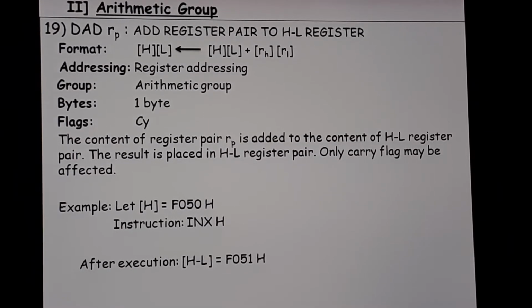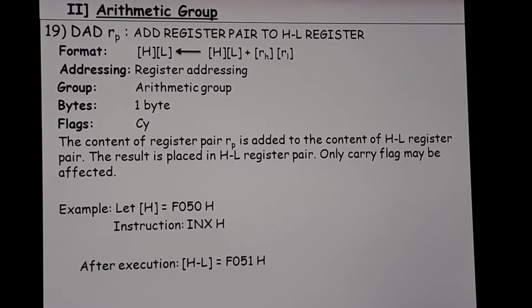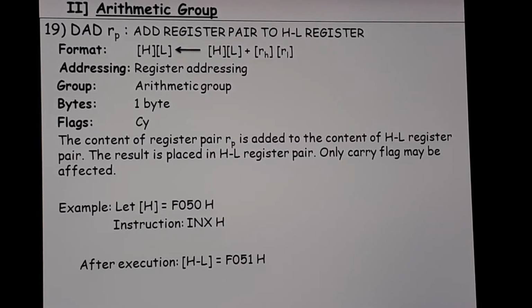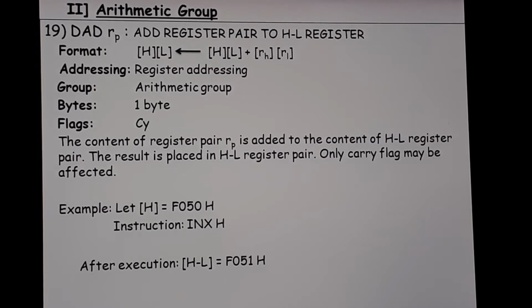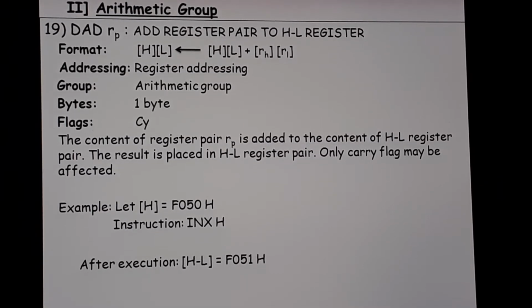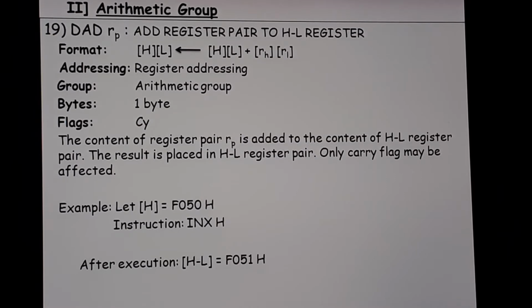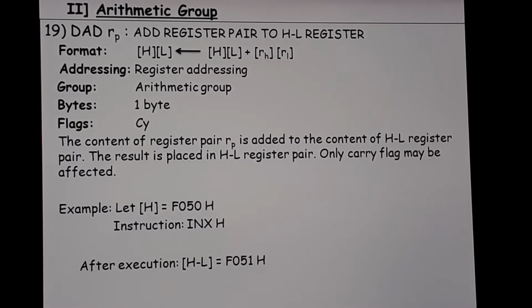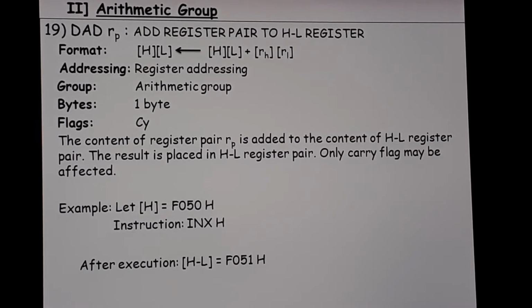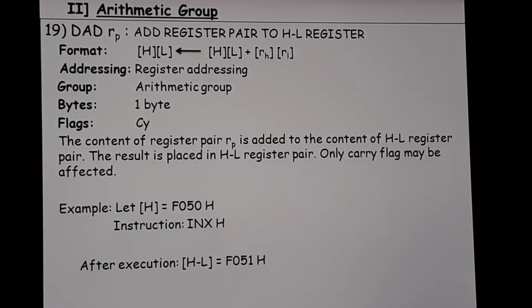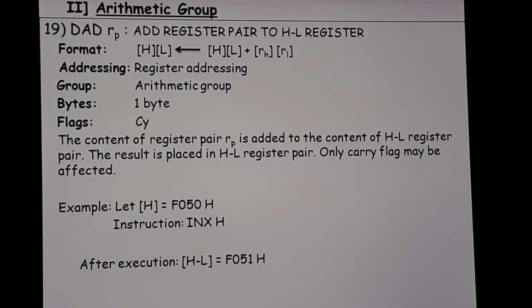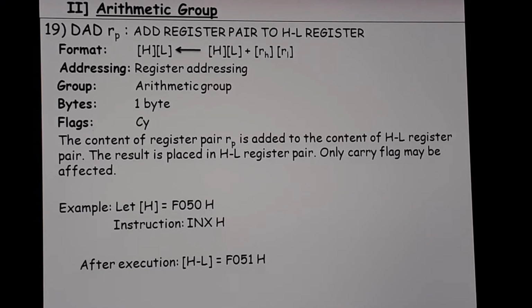The addressing mode is register addressing mode. Since there is a register pair, whenever you see a register or register pair in the instruction, you write register addressing mode. When you see M in the instruction, you write register indirect. Whenever you see I at the end of the instruction, you write immediate addressing mode, ending with I, not starting with I. If for INX you write immediate, it is a wrong addressing mode. So ending with I is always immediate addressing mode.